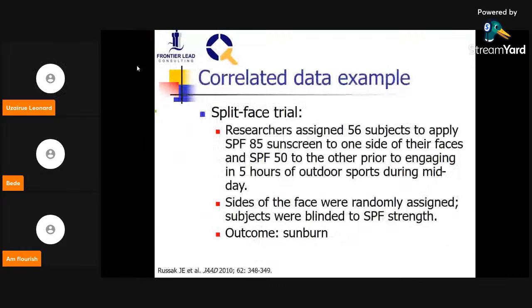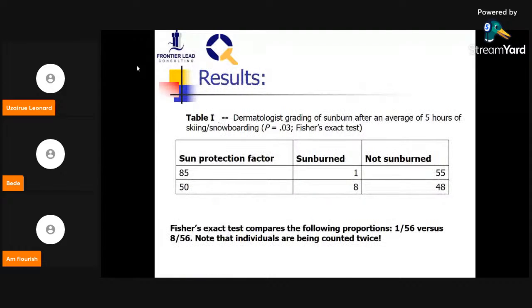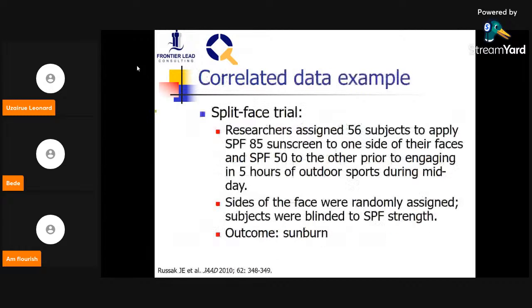Okay, let's use this as an example. A researcher, for example, here is a question. For example, let's say a researcher assigned